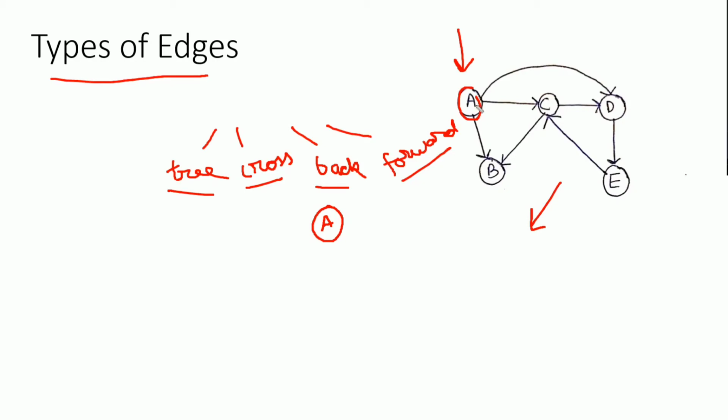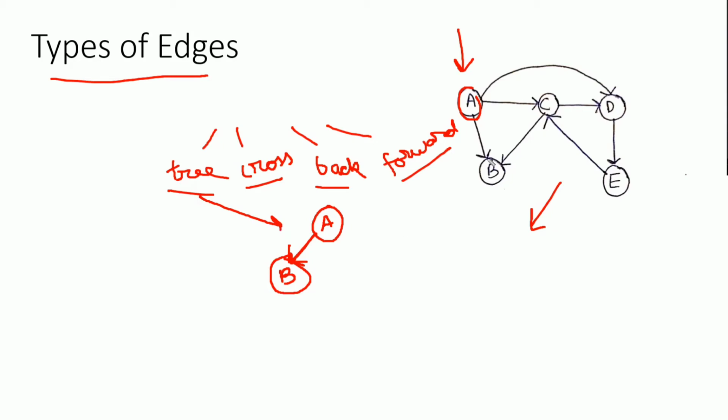If I see vertex A, its adjacent vertices are B and C. Suppose from A I traverse to B, and I find B is unvisited. So I will leave the current vertex, vertex A, and start exploring vertex B. The edge that is formed due to simple DFS traversal in a DFS tree is known as a tree edge. So this is a tree edge.